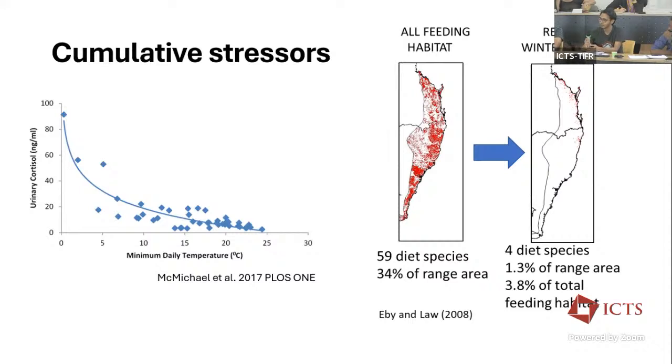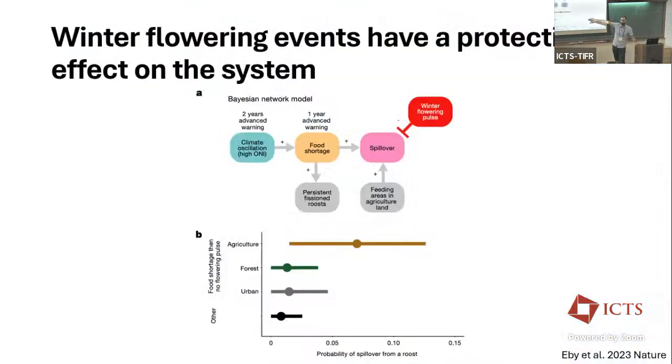It does, and I think most of the flowering is happening away from agricultural areas anyway. And so when these bats go and forage on these big flowering pulses, they're no longer on this agricultural land. And so there's really no opportunity for them to have a spillover. But at other times, it does matter. I think the time spent over a paddock foraging is probably very predictive of pathogen spillover, right? But I don't think we've been able to quantify that well.